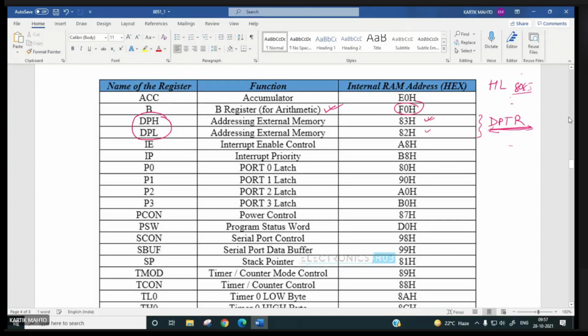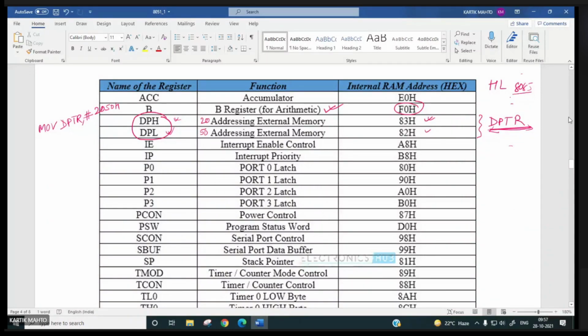So if you write, say, MOV DPTR, #2050H, what exactly is it going to do? It will put 50 over here and 20 over here.